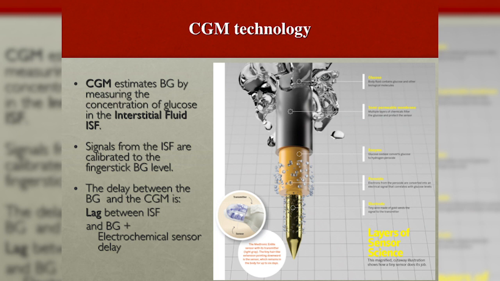The sugar then reacts with the enzyme, which is glucose oxidase, and it converts it to hydrogen peroxide with the generation of protons that get detected by the electrode, which sends the data to the little transmitter. Then the transmitter sends it to the receiver that analyzes it and tells us what the blood sugar actually is.